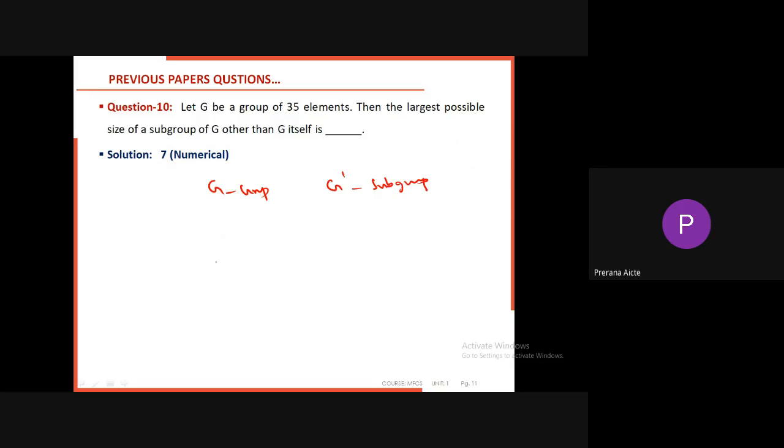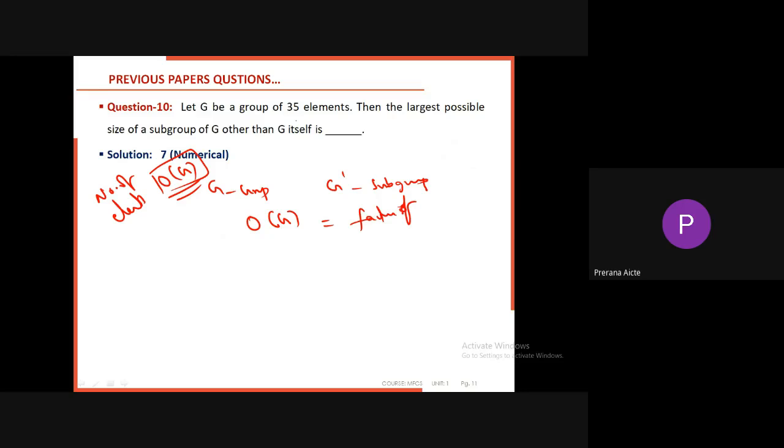So there is a relation between the number of elements, which is also called the order of the group. The number of elements is also called the order of the group. In terms of a formula, we can say like this: order of group is equal to... So now what is the result for this one? If you see this, the order of the subgroup is equal to a factor of